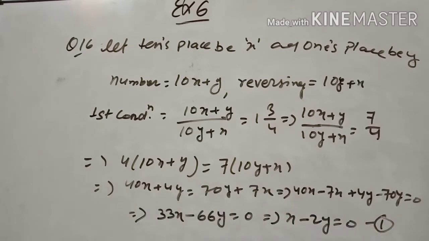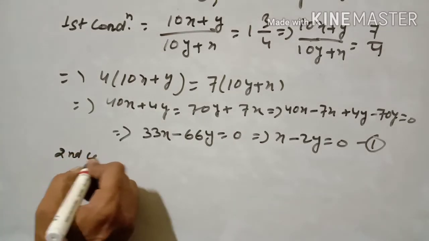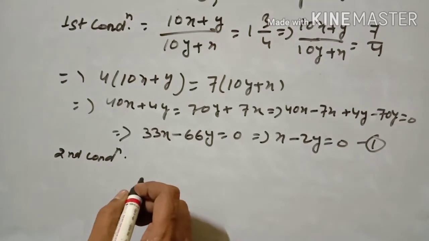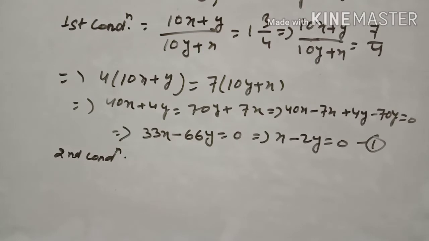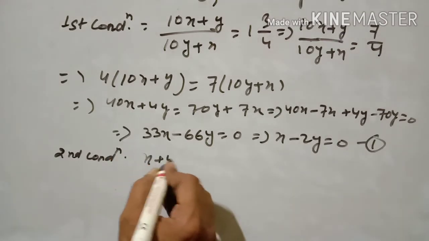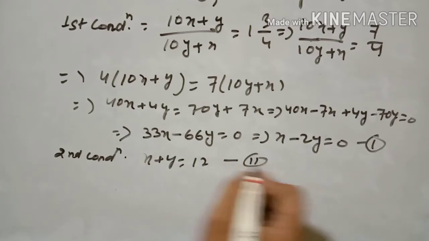Up to here you write down, please. Second condition: the sum of the digits is given as 12. Sum of the digits means x plus y equal to 12. This is equation number 2. From 1 and 2,